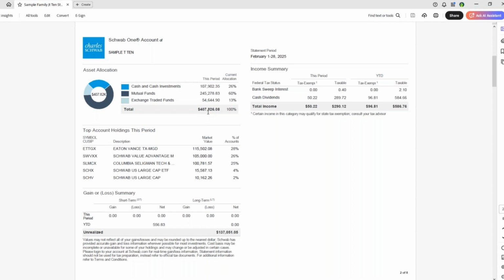So one of the things this is not telling us at a glance is the types of mutual funds that this couple is invested in, or the types of ETFs. We're going to find that out a little bit later. But also, this is why Prime Capital overlays other technology onto Schwab, because Schwab has a specific job, and that's